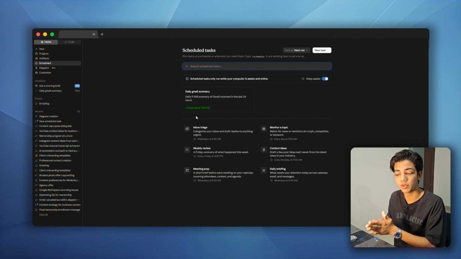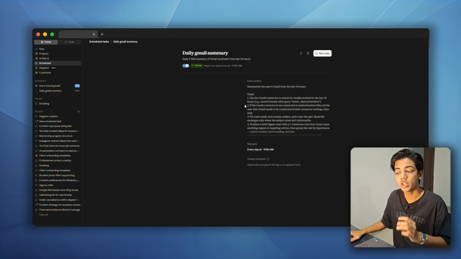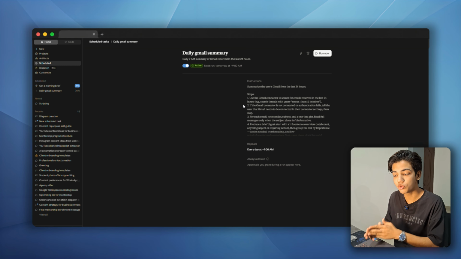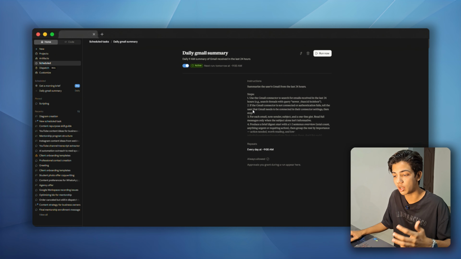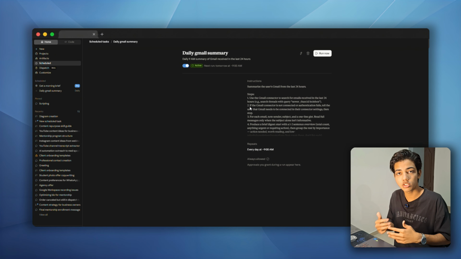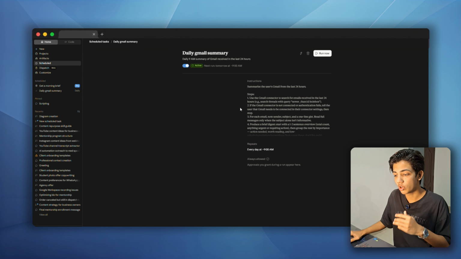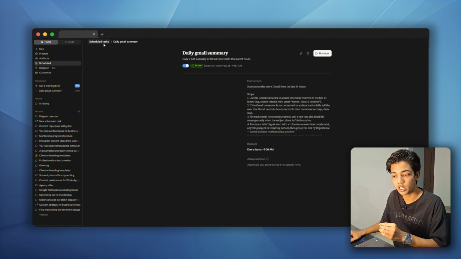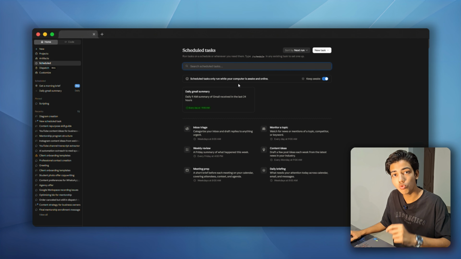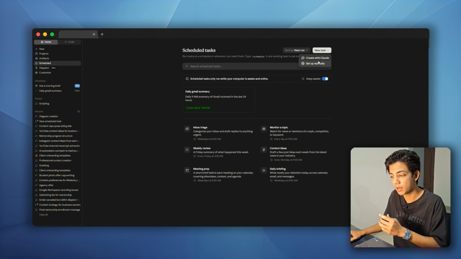It's like a daily Gmail summary. If I click on that, you can see the instruction: summarize the user's Gmail from the last 24 hours. I have given some steps, like use the Gmail connector to search for emails and so on. So I'm just providing the instructions on what to do step by step. It runs daily at 9 a.m. If you want to add your own schedule trigger, you can click on new task, create, set up manually,